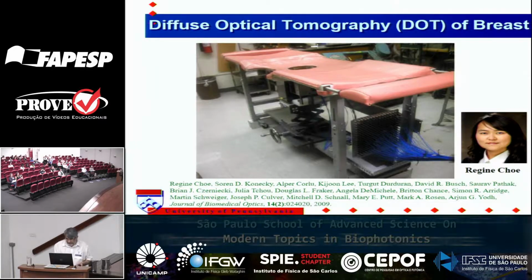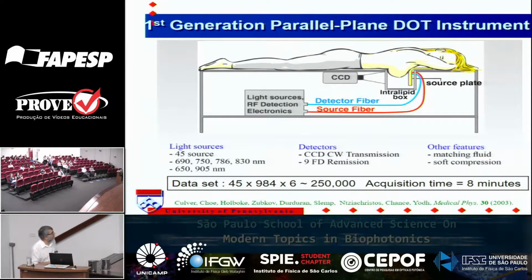Basically, the way this works is it's a soft compression device where a woman would lie down, her breasts would hang in a box. Often we were filling that with intralipid, okay? And then we have a source plate with many, many sources and even some detecting fibers on this plate. We also had a CCD camera, which we gated at high frequency, so we could measure, in general,